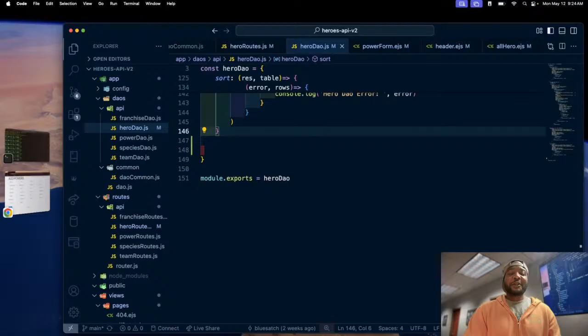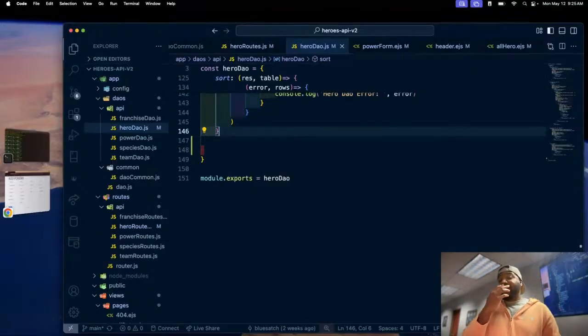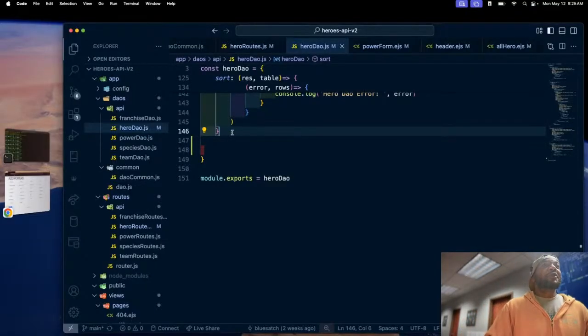This was the part that was tricky for me, because I was trying to figure out how I can collect the data first as an array, and then how I could loop through the data using the same hero ID, because it's the same hero, and take each power ID and match it with that one hero ID. That was the issue I was having, and I looked it up, did some research on it, and